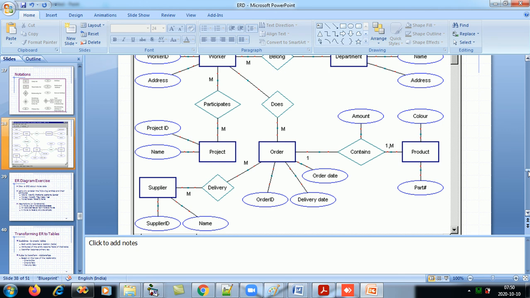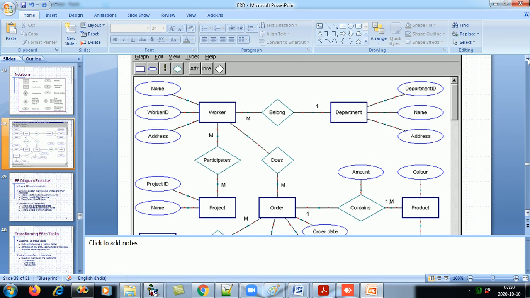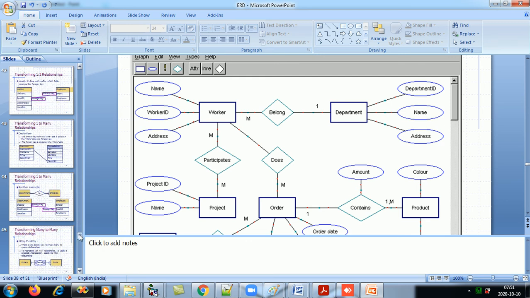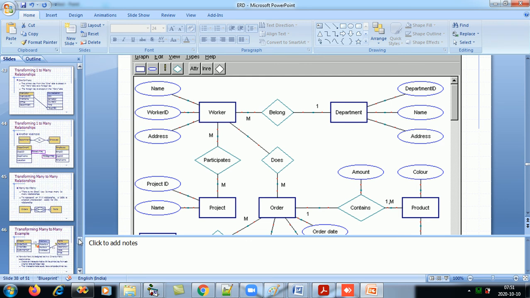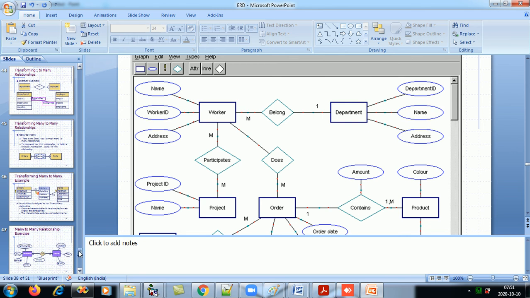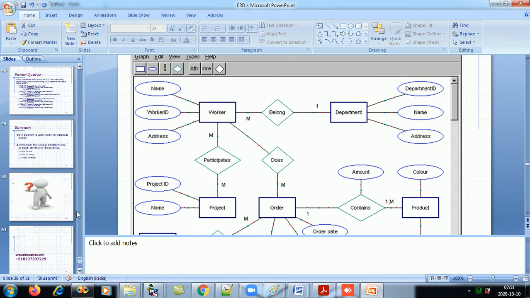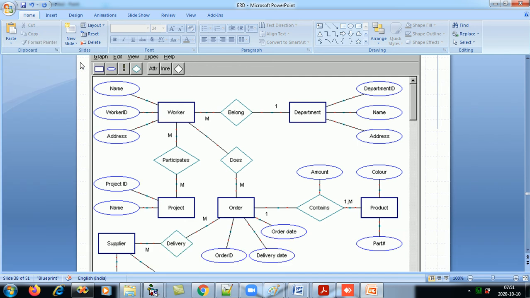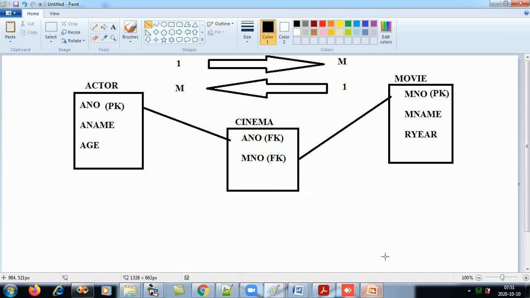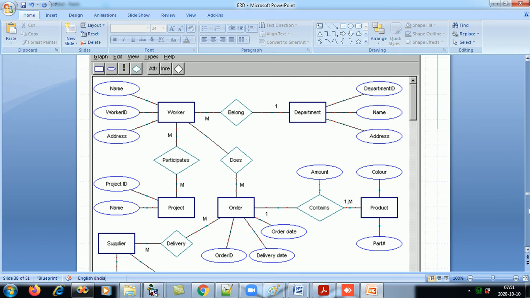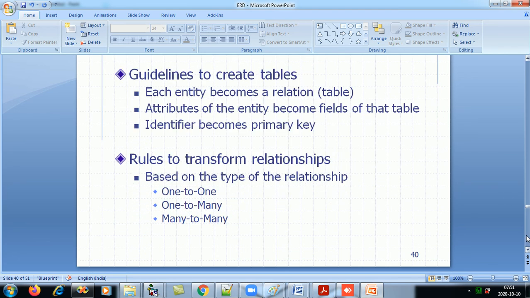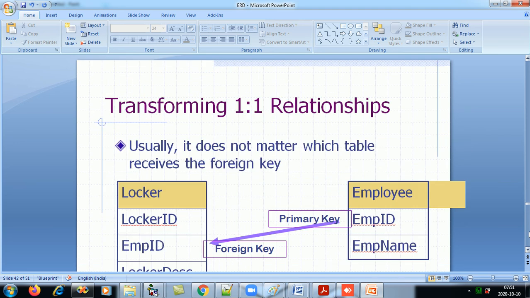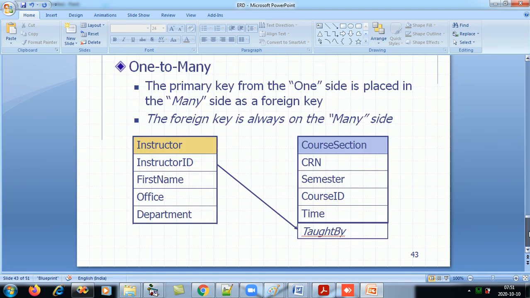So I have sent you all the ERDs. Just by looking at the ERDs, now you can understand what sort of database we will eventually end up with. So the ER diagrams eventually end up forming your database. So this is the reason we are studying. If you look at it, at the end you should have your database in place. So this ER diagram should help me construct my database tables like this. Clear?